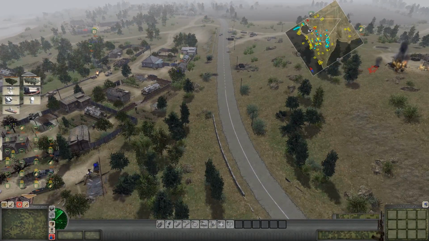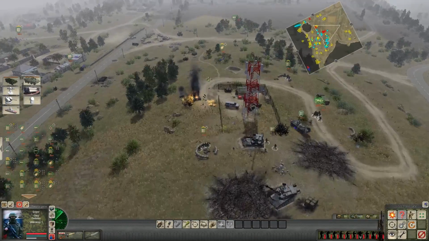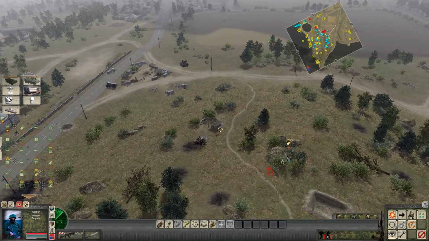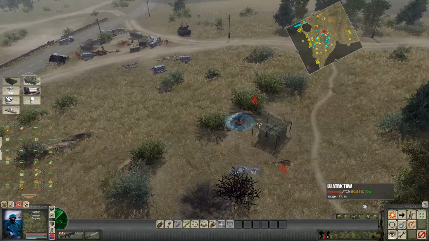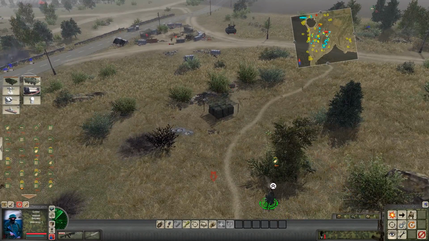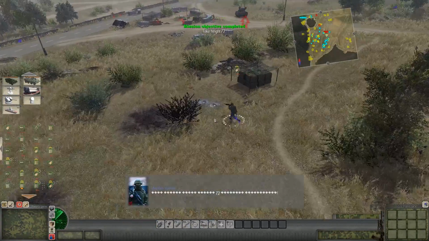So we're outnumbered in that case. It was literally worth a shot. Let's clean up the rest of this hill. Oh, wait a minute, actually. We have an ATGM right there. Never mind. Oh, we got one and done, but now that we have the hill,